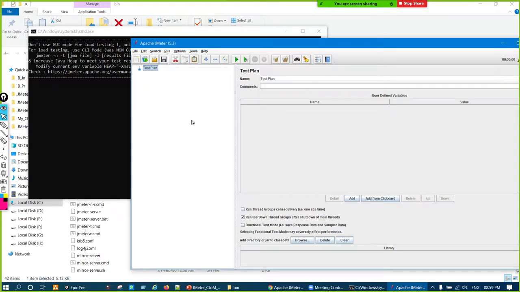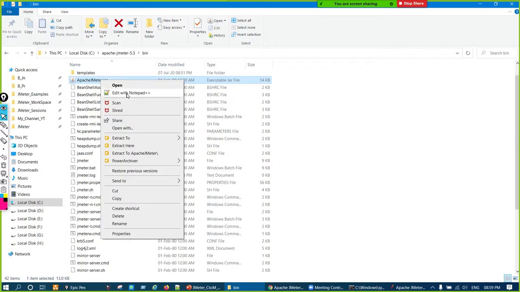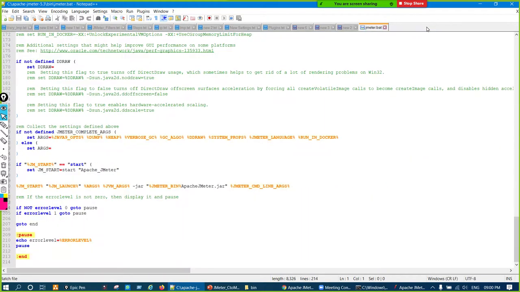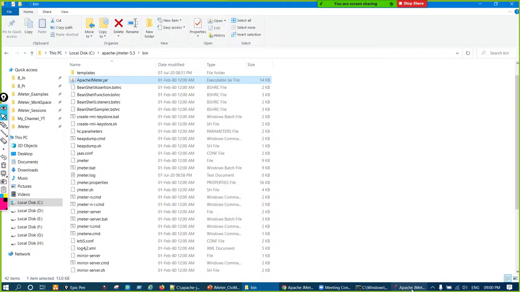I think, Vallabh, I just checked the JMeter jar file. It also sets some environment variables for JMeter as well, along with invoking the jmeter.jar file, isn't it? Where did you open that? In text. It's a jar file, how did you open that in text? It will open and it will look like this. Right? Some confusion, I think.